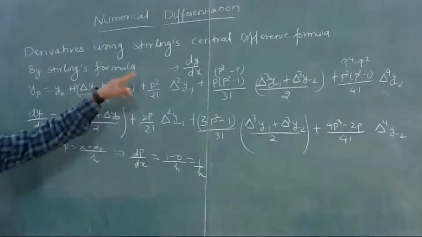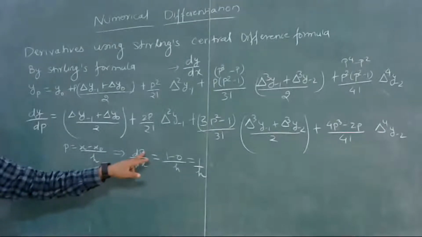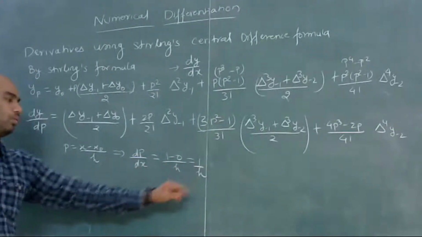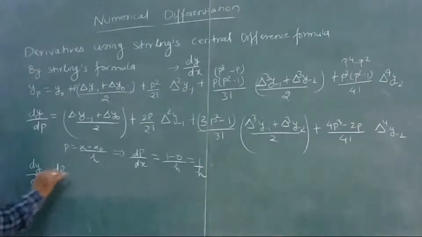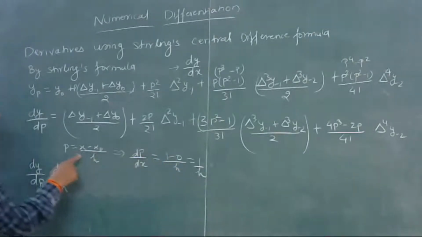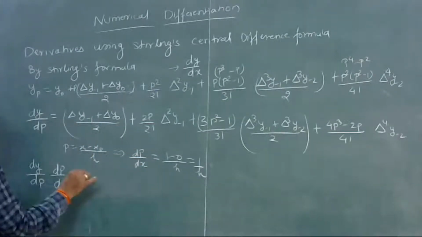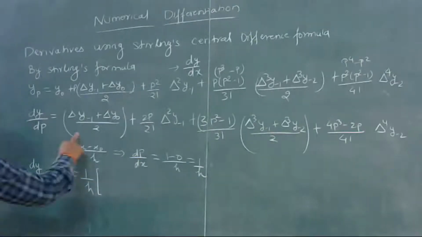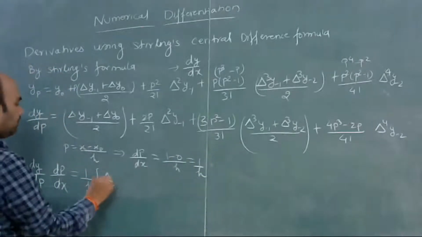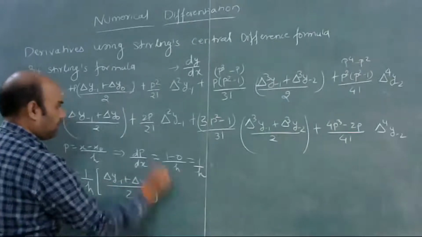Now when we are finding the value of dy/dx using Newton's forward and backward difference formula, dp/dx is equal to 1/h. So I am multiplying this equation by dp/dx, dy/dp multiplied by dp/dx. So this will be 1/h, and this is (Δy₋₁ + Δy₀) divided by 2 plus